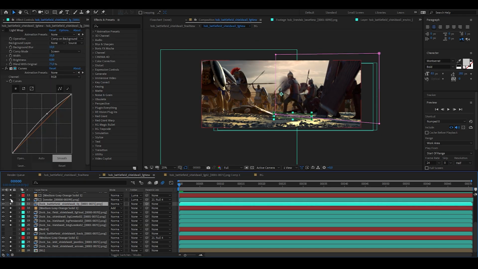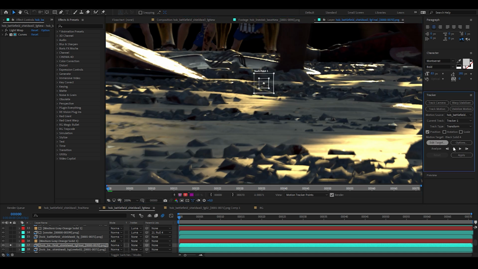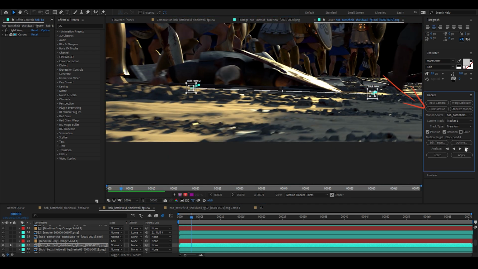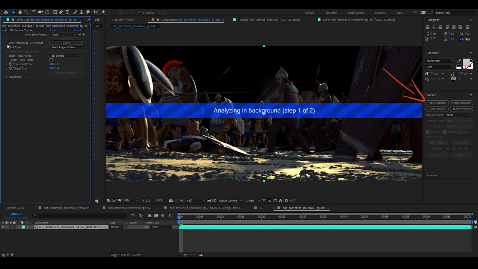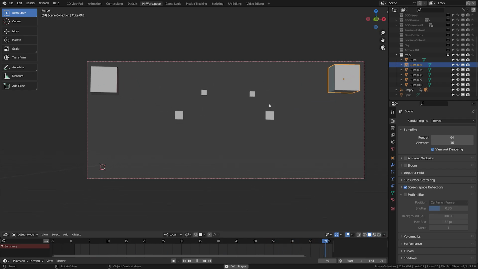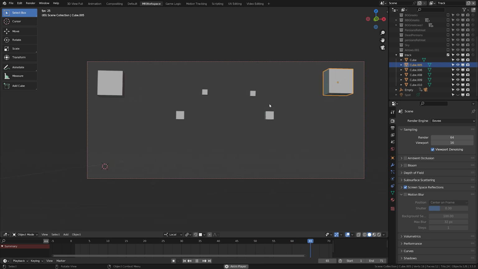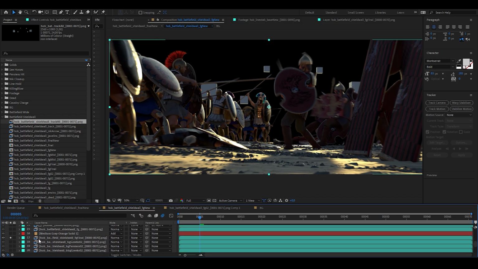Then it was time to add all the various color layers and the smoke elements that I've tracked into the shot. As I showed you, in After Effects you can track using this simple 2D tracker, or you can even do 3D tracking of your scene. But sometimes I like to add these sorts of tracking points into my Blender scenes at various distances from the camera. Yeah, they are simple cubes, and these make for perfect tracking points.